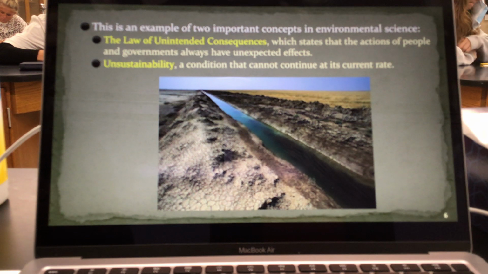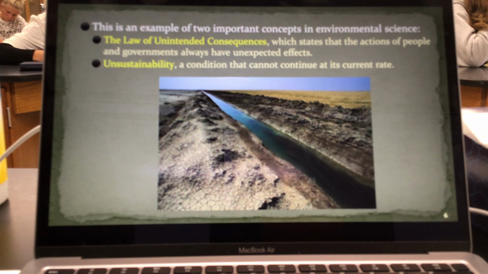There's always concerns about this idea of unsustainability because population continues to grow at a super rapid pace and our consumption of resources continues to increase at a rapid pace, because we have to keep up with the population. That's why there's such a big push for sustainability, for different ideas and uses of energy and things like that.